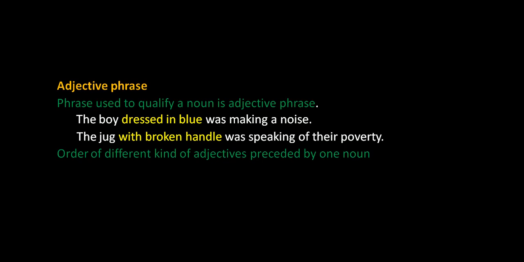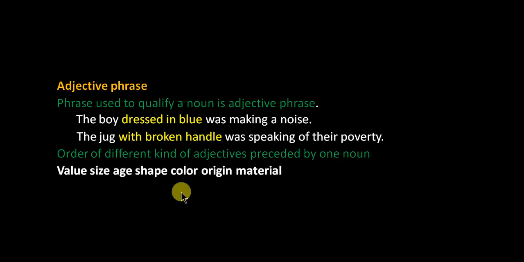Now I will tell you the order of different kinds of adjectives preceding a noun. So always keep in mind this sequence. First we use value, then we use size, then age, shape, color, origin and material. Value, size, age, shape, color, origin and material. For example,